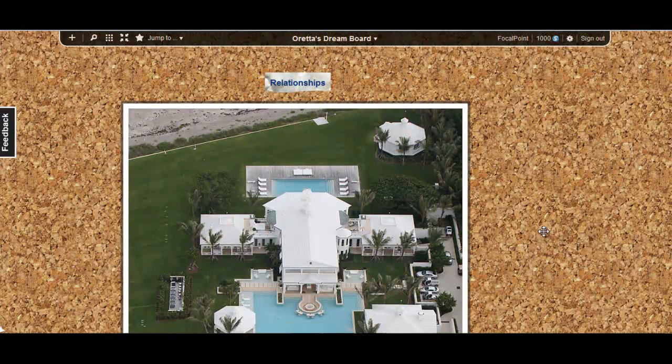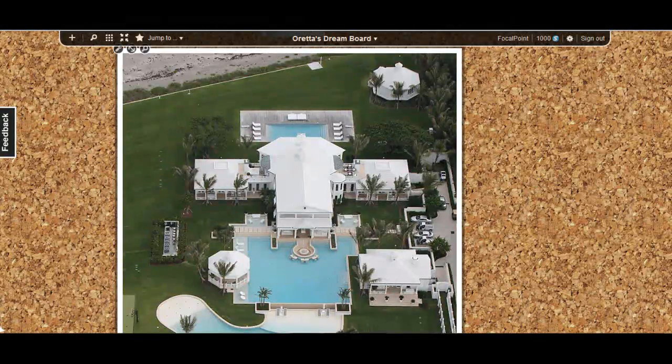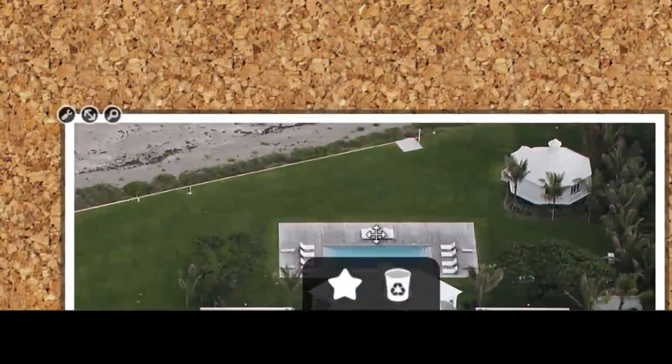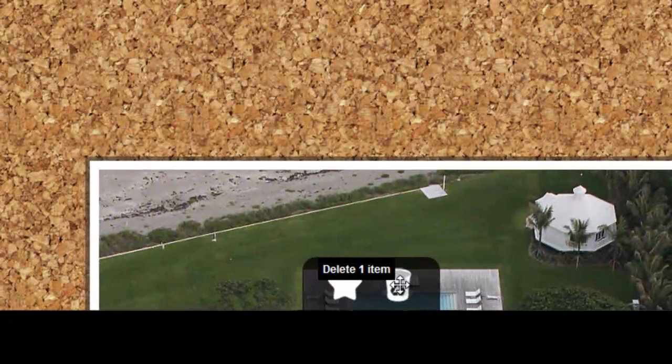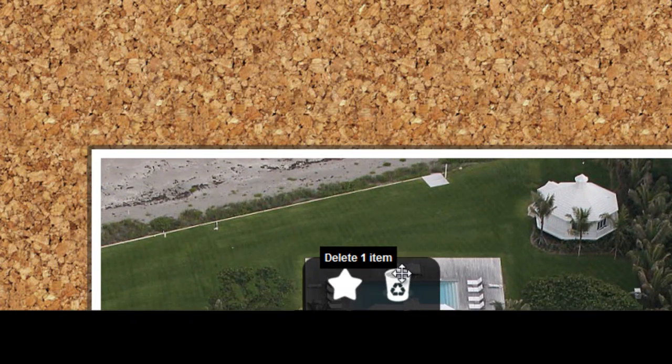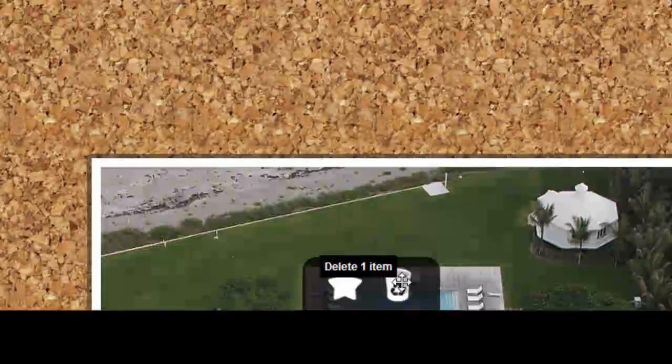So if you've entered the wrong picture, you can easily get rid of it by dragging it down to the bottom of the board. These two icons will come up, and you can just drop it in the bin icon where it says delete one item. Drop it in there. So now I'll go back to relationships,